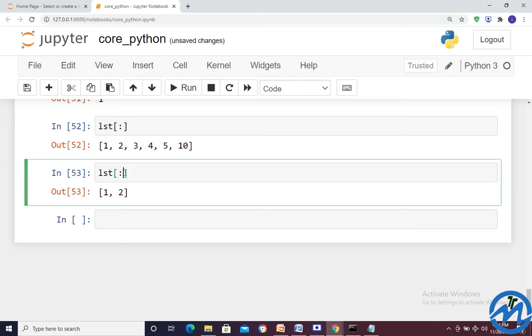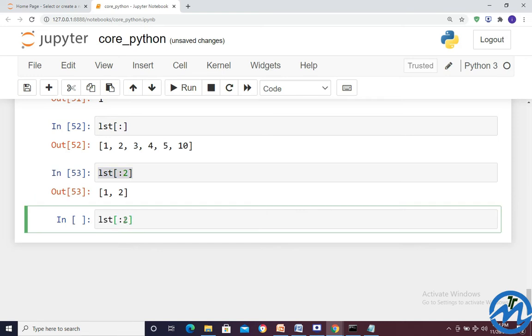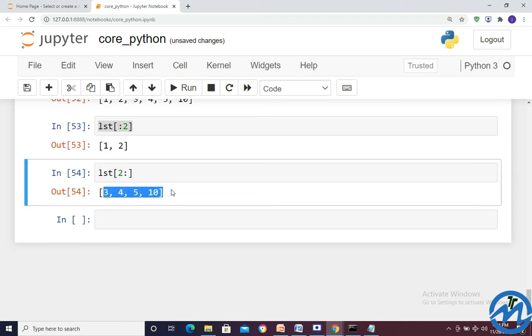Here I have written entire body up to second position. Here I have written from second position we have to take the entire body. In this manner we got it.